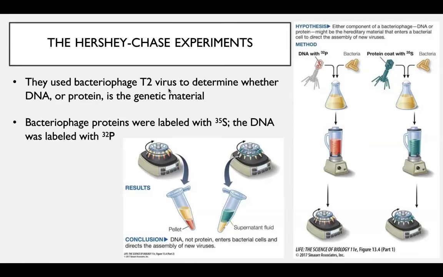After combining the virus with the bacteria and then centrifuging it, they found that the radioactive element labeling the bacteriophage's DNA was found in the bacterium and not in the virus itself, which meant that DNA had entered the bacteria from the virus. In the second experiment, when they did it with protein, they found that the radioactive element 35S was found only in the virus. It was not found in the bacteria, which means that the protein did not go inside the bacteria, whereas the DNA actually went inside. So the protein stayed on the outside, and the genetic material that actually allows for transformation and human life in general is DNA.